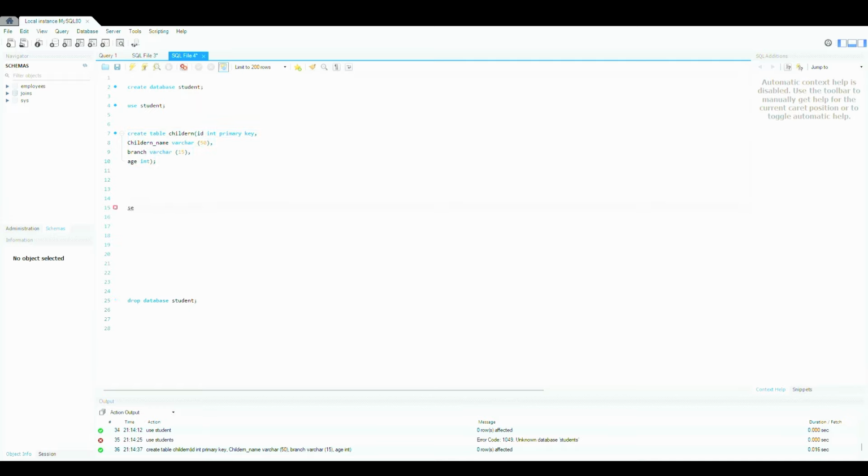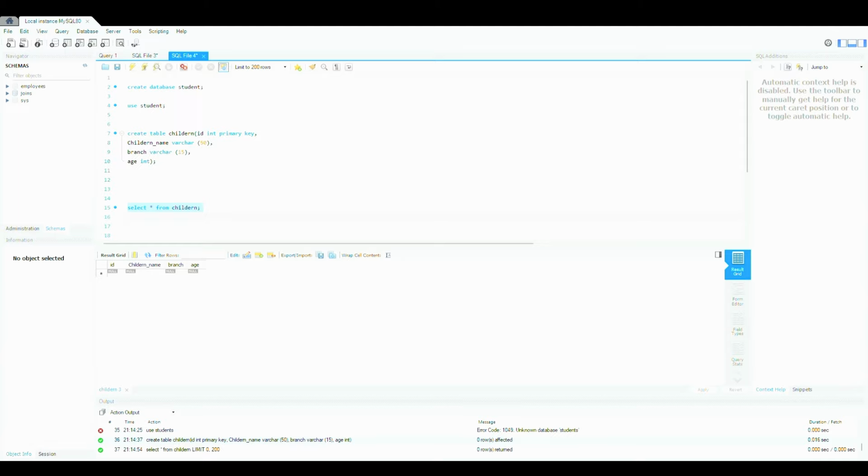Now select star from children. Now we can see the ID. We got children name, we got branch, and the age. We have created